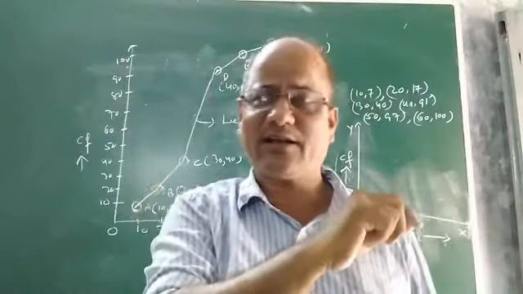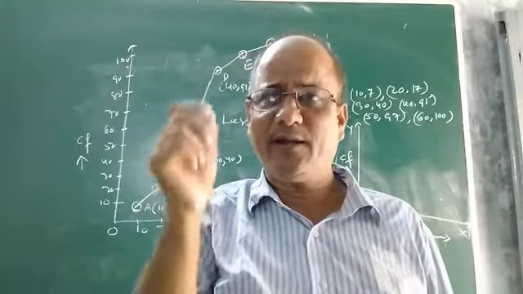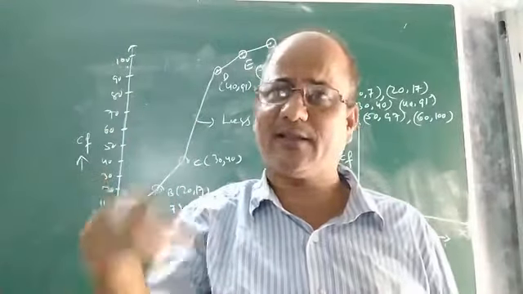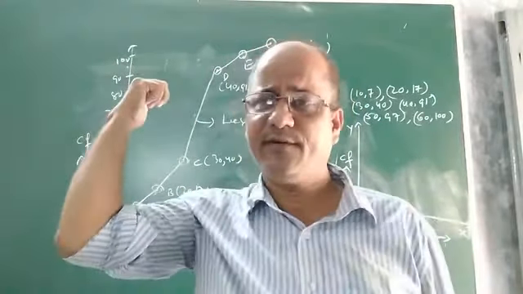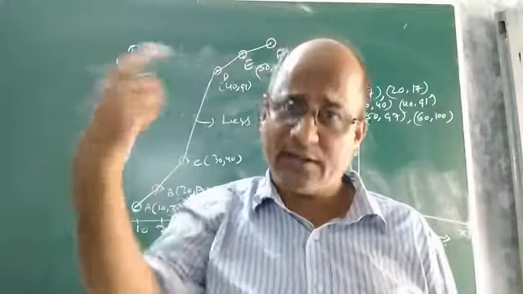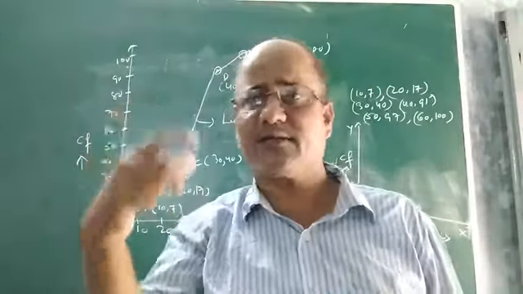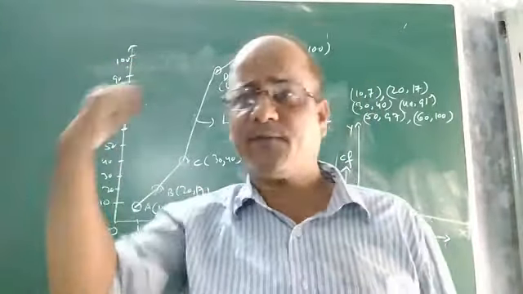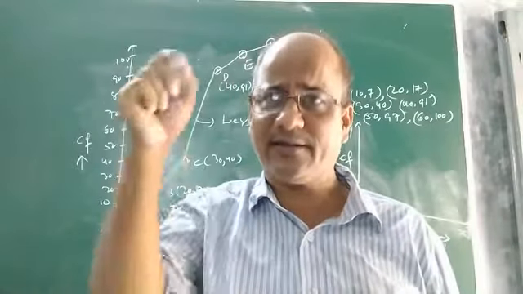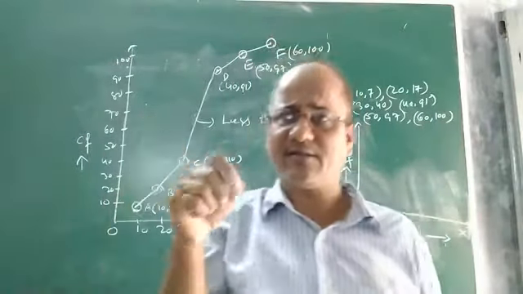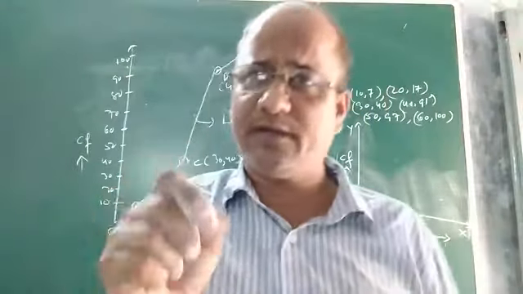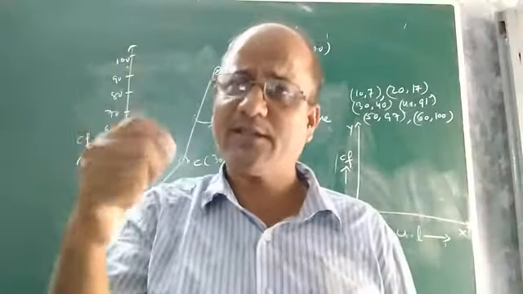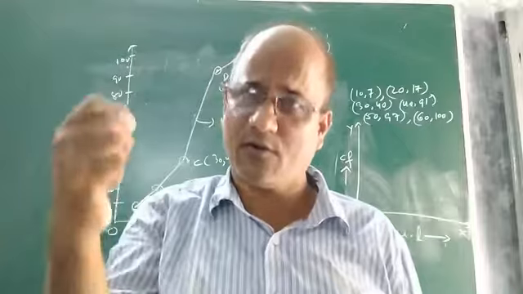There is still another type. As I told you, cumulative frequency curve or ogive is of two types. It can be done in two ways. One is less than method, the other is more than method. A less than type ogive, another is more than type ogive or more than type cumulative frequency curve. What is that? We shall discuss in the next class. And we will see in which respect the more than type cumulative frequency curve or ogive differs from the less than type ogive.